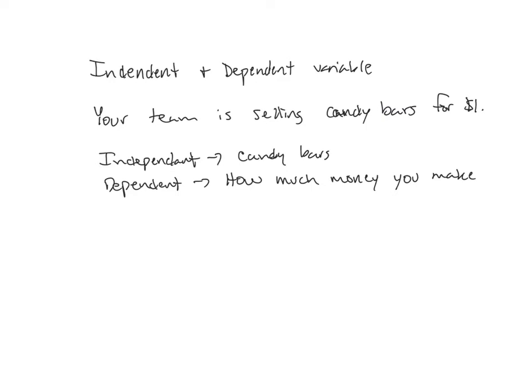So how much money you make is dependent on how many candy bars you sell. Okay? So you'll be asked to identify an independent and dependent variable in a situation. Alright, and then 3.2